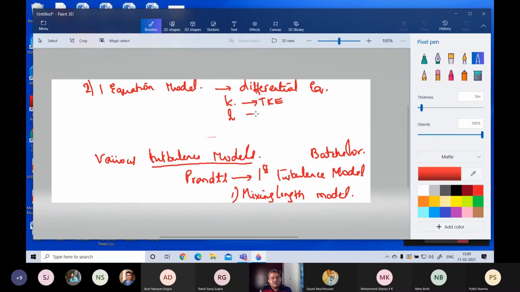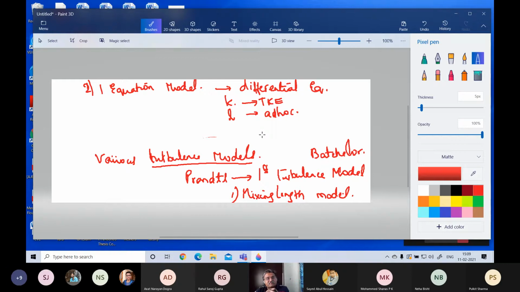And this L, in a one equation model, was derived ad hoc, which means it is different for different flows. Like we have seen, the Reynolds number at which the flow transitions from laminar to turbulence is different for different types of flows. So when I ask at what Reynolds number turbulence occurs, you cannot say; it depends on the type of flow. For example, a flat plate boundary layer might transition at a higher value compared to flow over a cylinder. Flow over a cylinder, it occurs at around 2000. Flat plate is slightly more, and for some other flows it's even more. Jets have even higher Reynolds numbers.